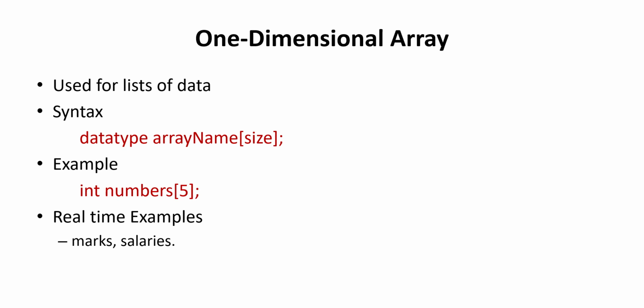A one-dimensional array is used for linear data, for example marks, salaries, temperature. It is accessed using an index, so it is very easy and very frequently used. This is the syntax for creating a single dimensional array: data type, array name, within square brackets the size of the array. Example: int numbers[5];